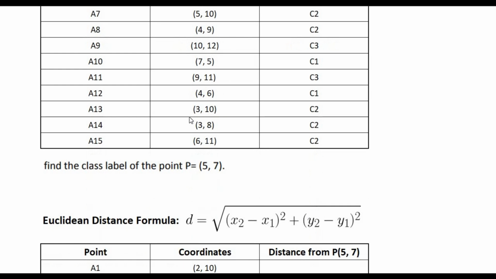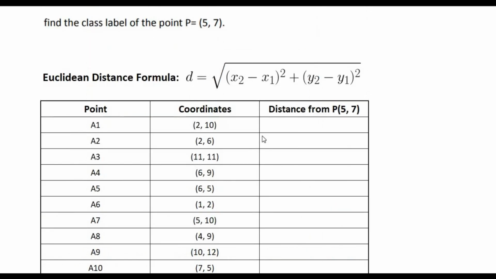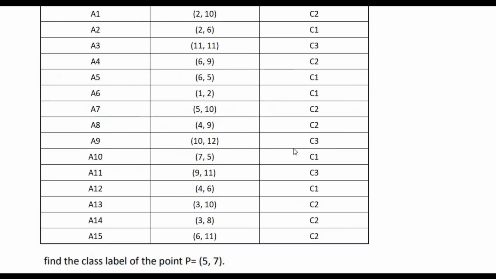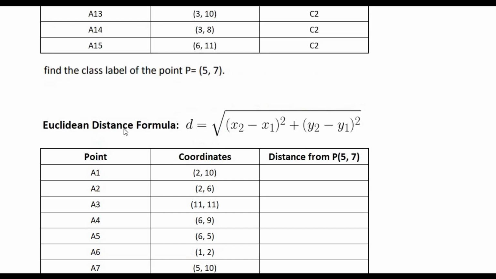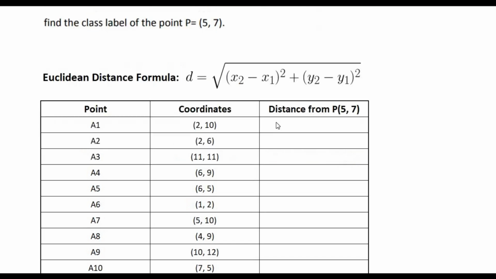For that I need another similar table as this one. So I've already copied and pasted the table over here, but I've replaced one column, the class label. Now it becomes distance from P57, because the class label is not necessary right now. Now according to the Euclidean distance formula, x2 minus x1 whole square plus y2 minus y1 whole square, and the whole thing under root. Here the issue is not whether you take the new data point as x1 y1 or x2 y2, because if they are squared the answer will remain equal. I take the new data point as x2 y2 and the given data point as x1 y1.